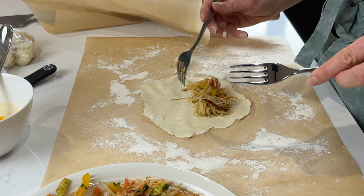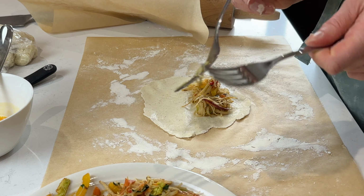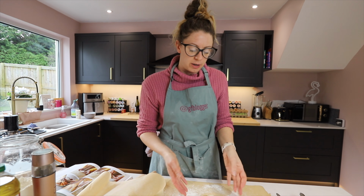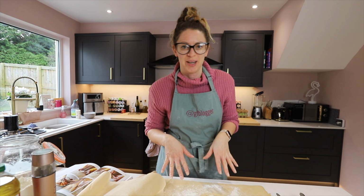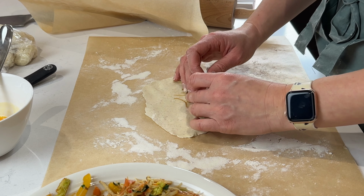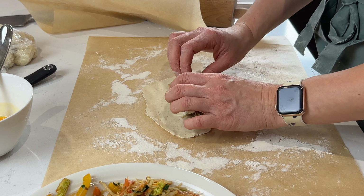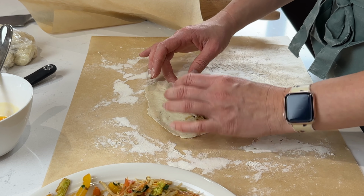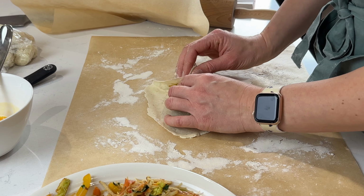So I've gone for about that much. Again, you can divide it up beforehand if you want to make sure you've got it right, but for the purpose of showing you guys, that's approximately how much filling you need. First thing I'm going to do is roll the wrapper over the top of the filling, and then sort of tuck it back towards me so it's in a nice little blanket. I'm going to tuck each edge in,